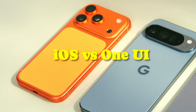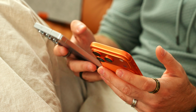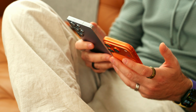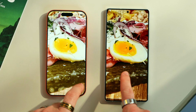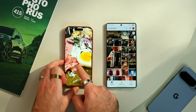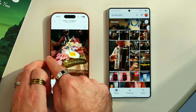The main difference though, of course, is the whole iOS versus One UI, and that is by far the biggest thing. So let's try and tackle this one, because you have a lot of different features with these phones, although they are getting closer and closer every year as they both copy features from each other. Now you have universal back gesture on the Samsung phone, which is something that is missing a lot from the iPhone. On the iPhone, I find you have to really know where to go in some apps. So when you're viewing photos in some apps, you have to minimize the photo,